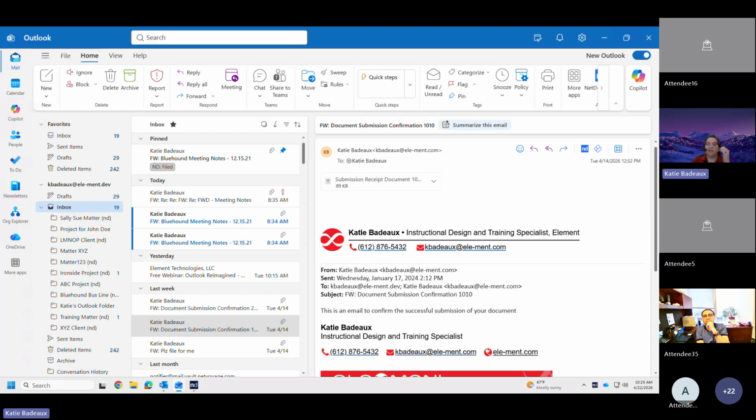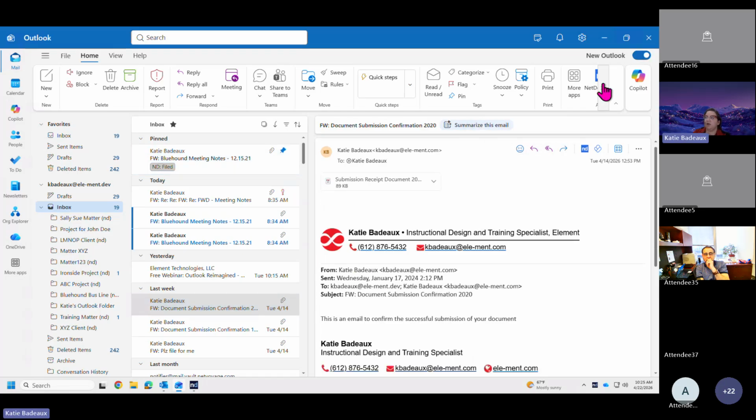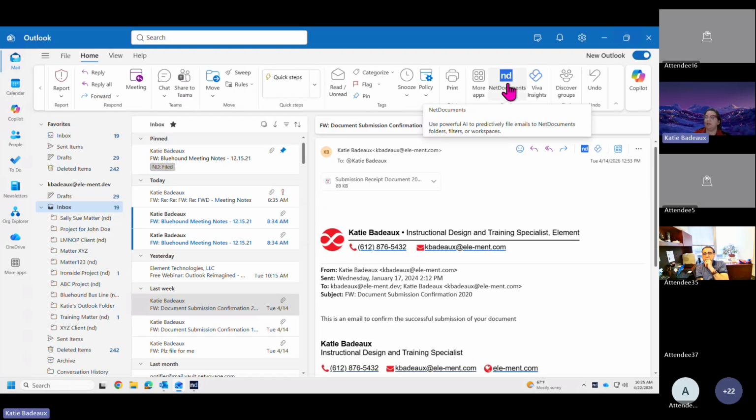So if you need to be able to get to your NetDocuments tools in Outlook, you will need to utilize what we call the M365 panel. So you can reach out to your IT team or to NetDocuments about getting this particular add-in tool. If you're on NetDocuments, it's available to you. It's not a paid tool or anything like that, but you may need some assistance getting it added to your new Outlook experience. And if you select an email message in the list, you can grab this light blue NetDocuments logo,